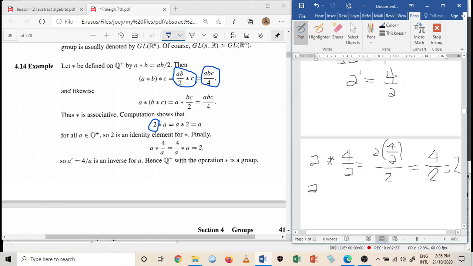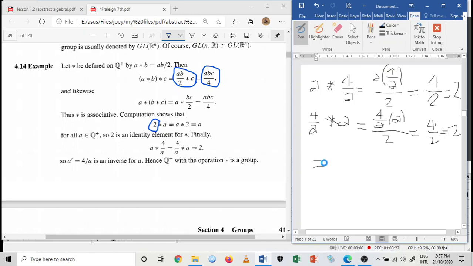At the same time, 4 over A operation A will be equal to 4 over A times A over 2, but this again would yield 4 over 2 equals 2. Hence, we have shown that